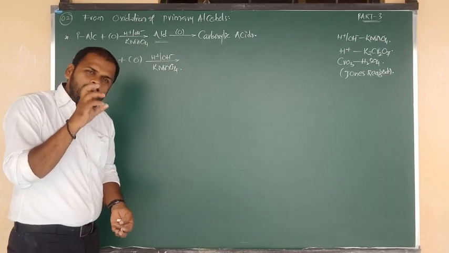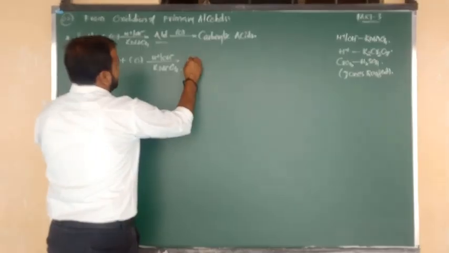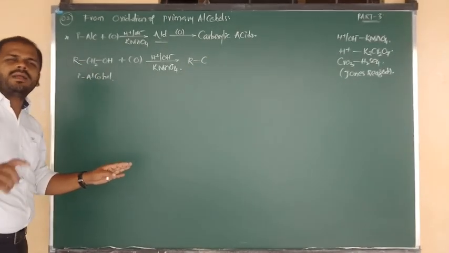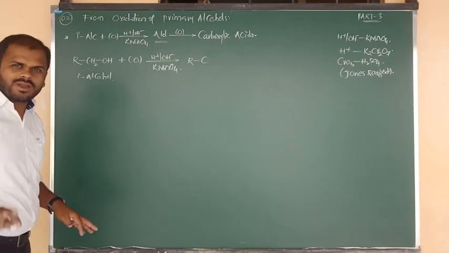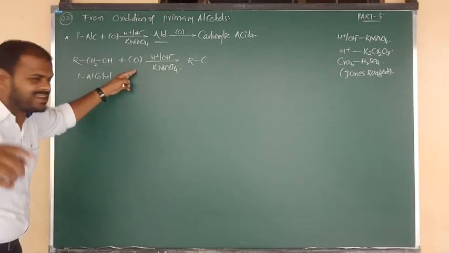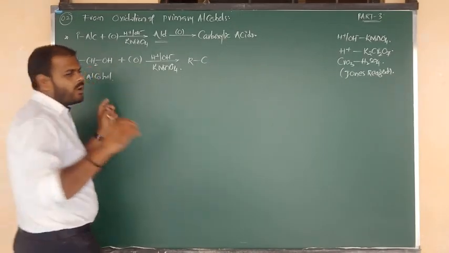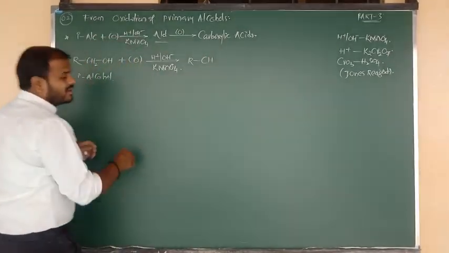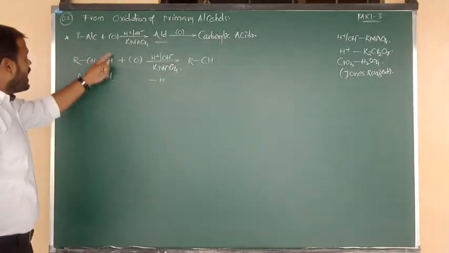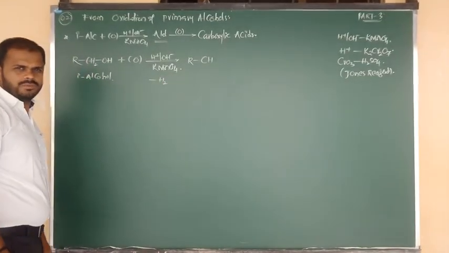Aldehyde. How to write the aldehyde? I am going to tell you. Now R bonded to C. Actually, the C contains 2 hydrogens, but from that group I am going to remove 1 hydrogen, because oxidation means addition of oxygen, and also we can say removal of hydrogen. Both we can do. So here 2 hydrogens are there. Now I am removing 1 hydrogen, and the remaining is one hydrogen. And from the OH group, again I am going to remove one more hydrogen. So we can write H2.